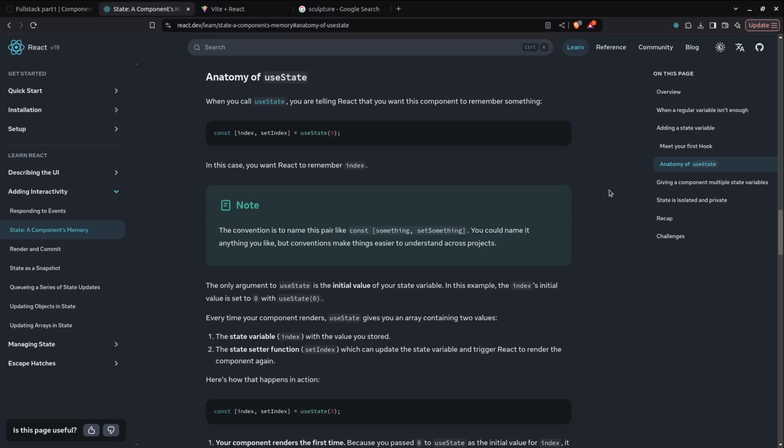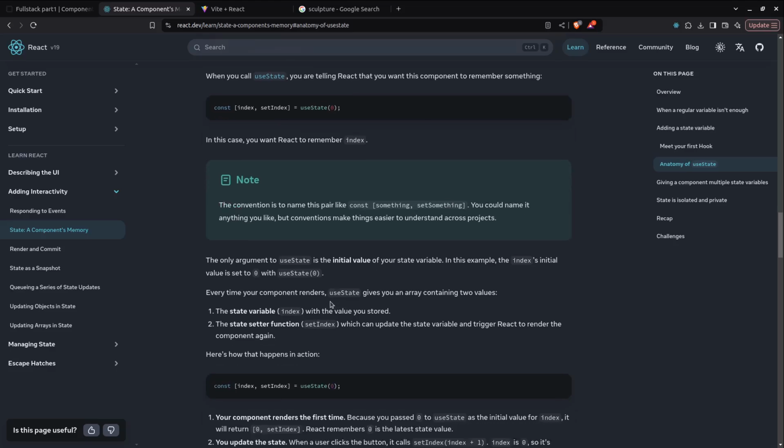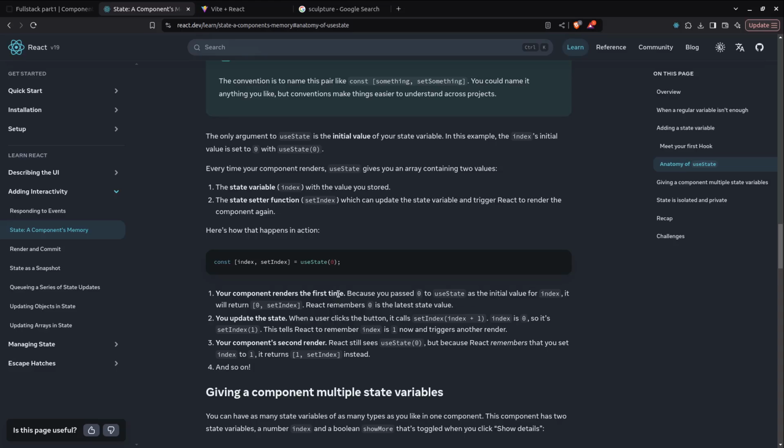Anatomy of useState. The only argument to useState is the initial value, for example the initial value of index right here. Every time your component renders, useState gives you an array containing two values: the state variable index and setIndex. Your component renders the first time, and because you passed 0 as the initial value, it will return 0 and setIndex, and React will remember 0 is the latest state value. You update the state when the user clicks a button: setIndex(index + 1). Index is 0, so setIndex(1) returns 1 and triggers another render. On your component's second render, React will see 0, but because React remembers,